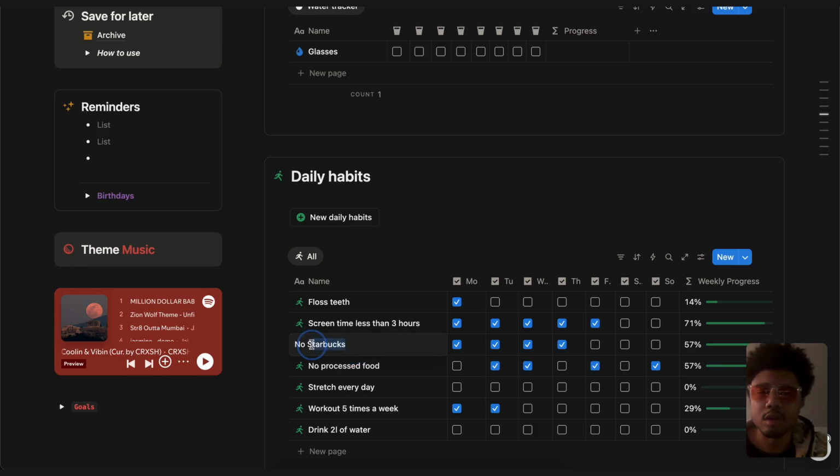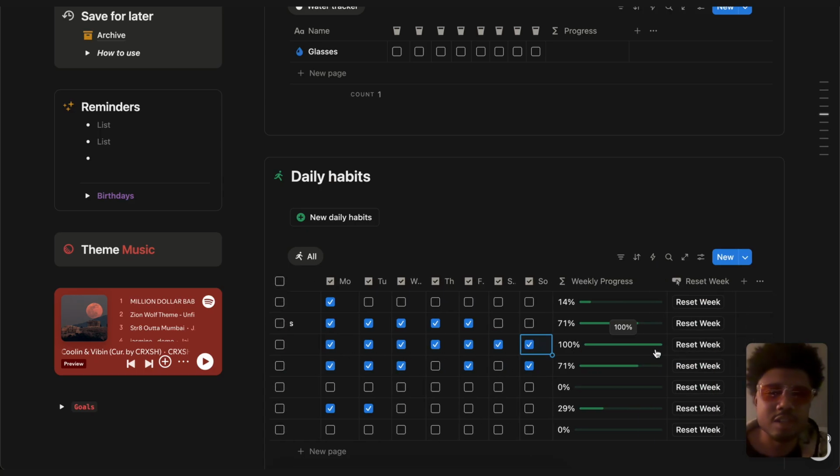We'll take out Starbucks altogether and just make it like a local coffee shop. Actually, you know what? No, we don't want no local. Because we like to support local business. Yes. Okay. Love that. So let's say we did that all week, and you can see the bar over here